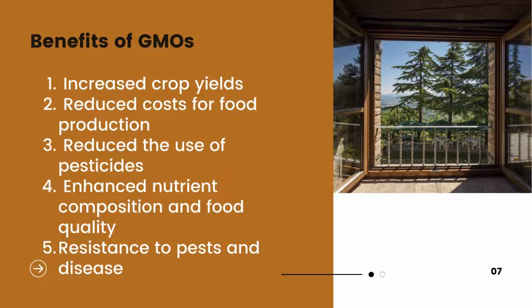The fifth one is the resistance to pests and disease. Disease resistance is the ability to prevent or reduce the presence of diseases in otherwise susceptible hosts. According to Joanne Conroe from Alliance for Science, through the use of GMOs, disease resistance was achieved by transferring two resistance genes from sweet pepper into banana, both singly and as stacked traits. These genes have provided disease resistance in other plants including tobacco, tomato, orchids, calla lily, and rice.